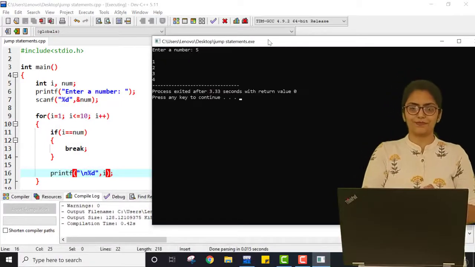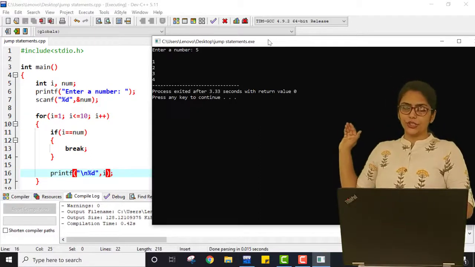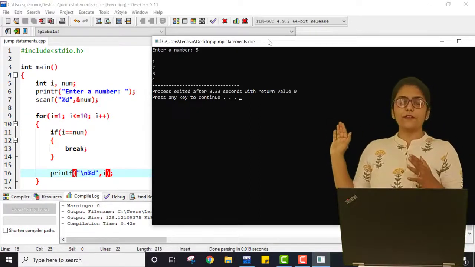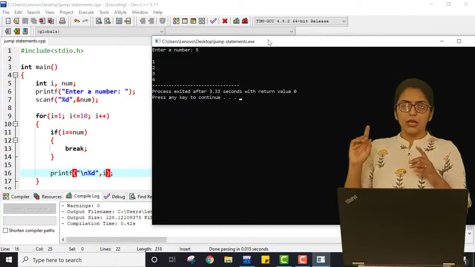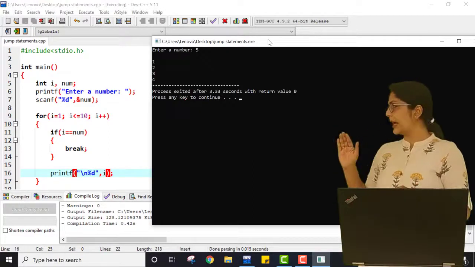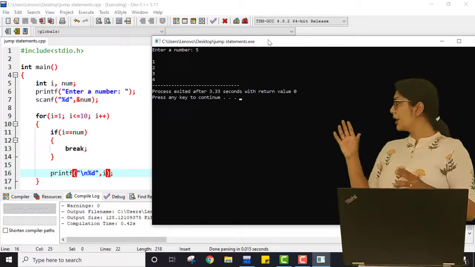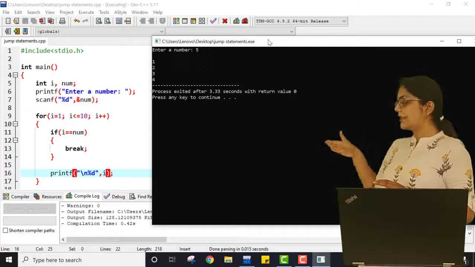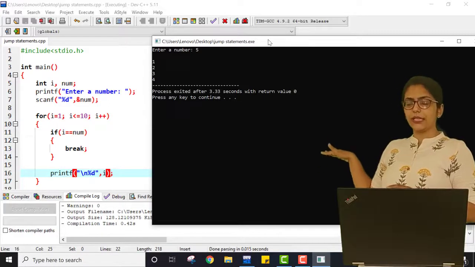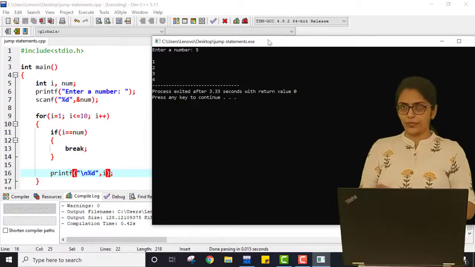Entering 5. What is happening over here? You can see it. First, the value of i is initialized and it is 1. 1 is not the same as the value entered by the user because the user entered 5. So it will not go inside the conditional statement and will directly execute the printf statement in which I am printing the value of i, which is currently 1, so 1 is printed.